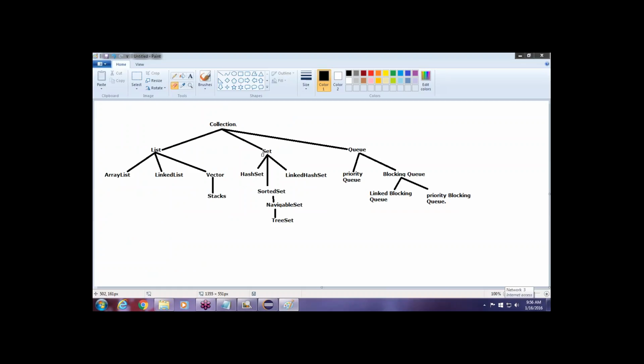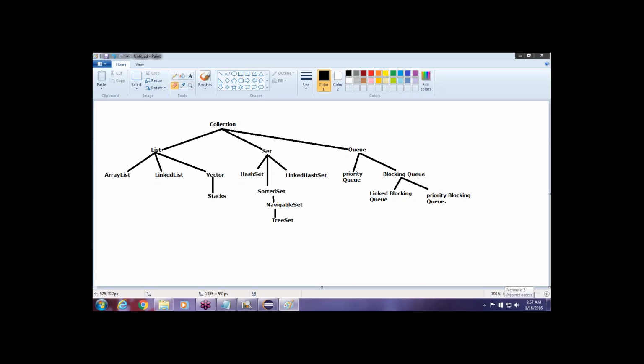Okay. In a set, duplicates are not allowed and insertion order is not preserved, as we have seen. Whatever is in our top order will be followed by the below side as well. The main thing is that a set is not allowed to have duplicates, and insertion order is not preserved. But we'll see different features with HashSet, LinkedHashSet,